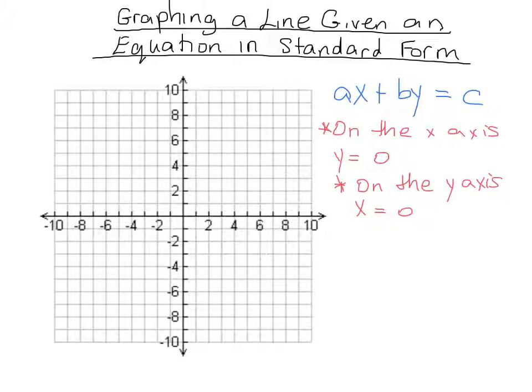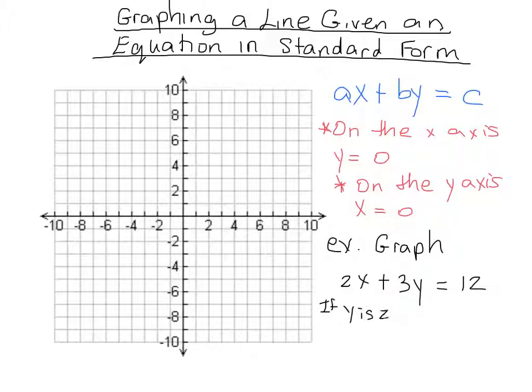But what do we do with this information? All right, let's look at an example and we'll see. So I want us to graph the line 2x plus 3y is equal to 12. When y is equal to 0, we can figure out one of our intercepts. So if y is 0, we can plug in 2x plus 3 times 0 gives us 12, which means that 2x gives us 12 and